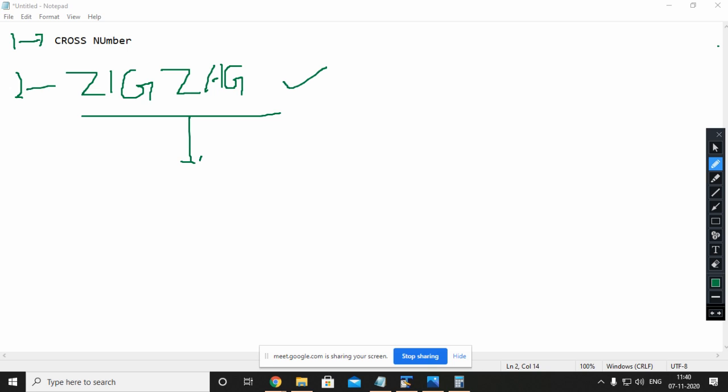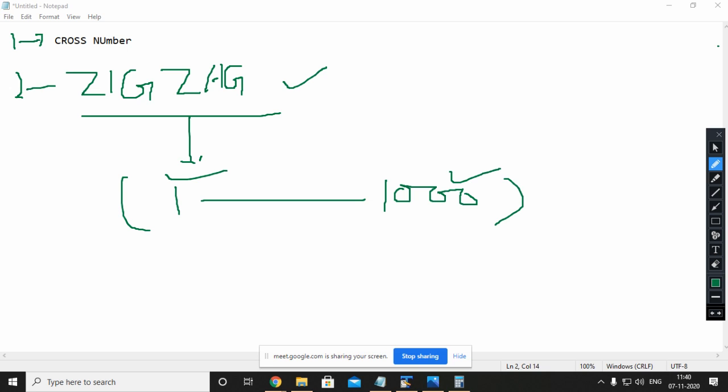What are we supposed to do? We are supposed to generate all the zigzag numbers between this limit from 1 to 1000. All your zigzag numbers, like 9, 297 and some more are there. You need to print them, and how many are there, that also you need to print. Am I clear on the question? Is it clear, everybody? Okay.